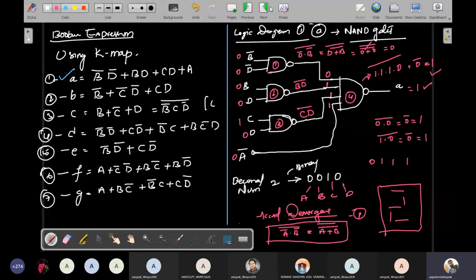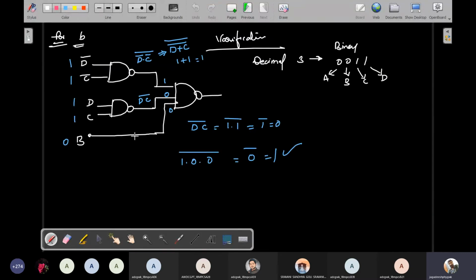Simply you will check the second condition also. So this is the second condition. So here I am considering decimal 3. See here, this is the decimal 3. For 3 we will convert this decimal into binary, so you will get 0 0 1 0. Simply I substitute the same values in place of D, in place of C, in place of B, what is the B value? 0. So simply this is D plus C, D bar dot C bar whole bar. According to De Morgan's theorem, D plus C whole bar will be cancelled. Simply D value 1 plus 1, so 1. You will get output 1.